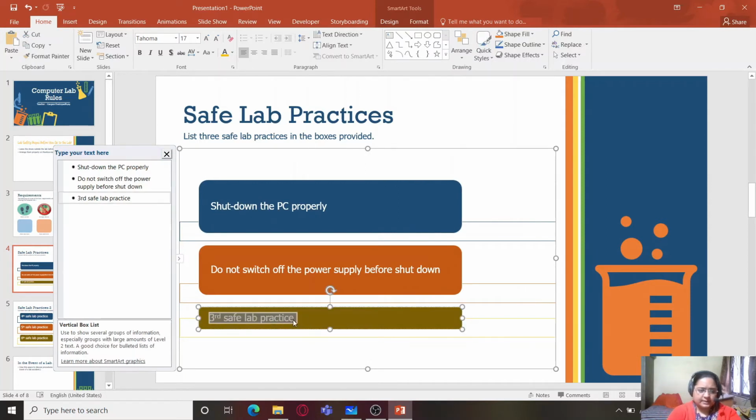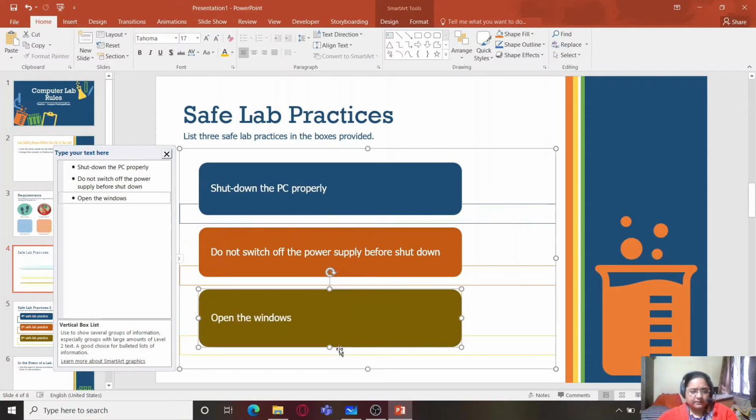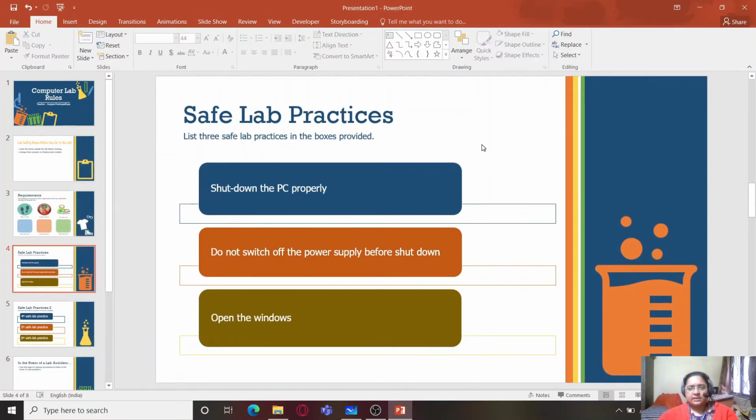Third lab practice is open the windows. Windows should always be open in case there is a power failure, or so there isn't any suffocation, or in case of any kind of short circuit, because we are dealing with so many electronic devices in the computer lab.